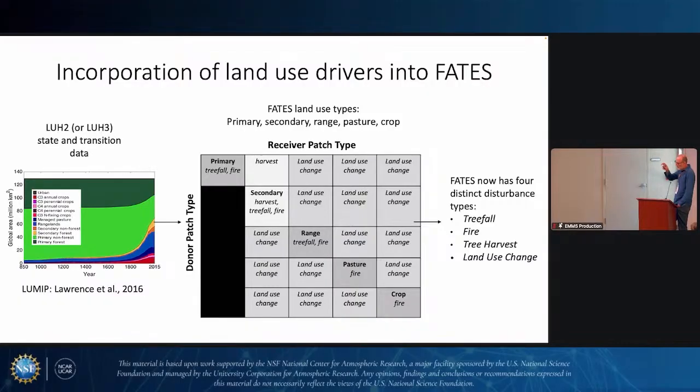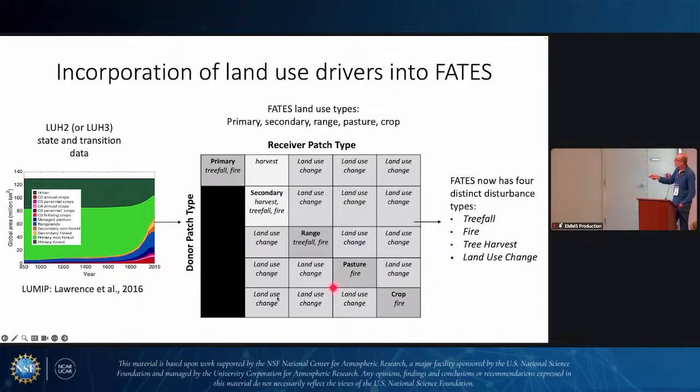You've got tree fall, which is individual trees dying of carbon starvation or hydraulic failure or whatever. You've got fire, moving across the landscape and burning, creating a burned area and an unburned area, which then proceed along 2 separate trajectories. And then land use is similar: we've got tree harvest, where you harvest a certain fraction of the grid cell and leave the rest behind. The part that you harvested, you carve off into a new patch, and it has its own separate trajectory. And then land use change, which is